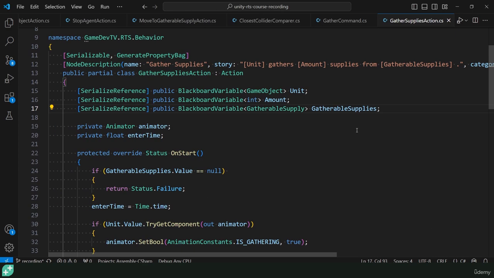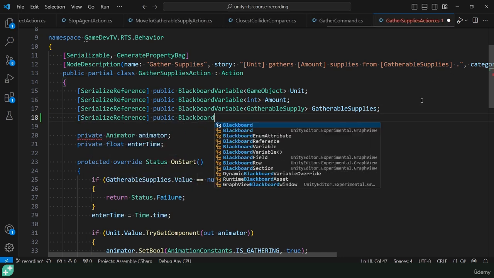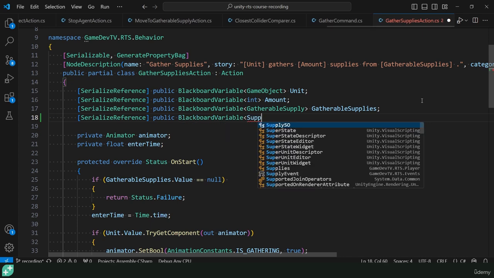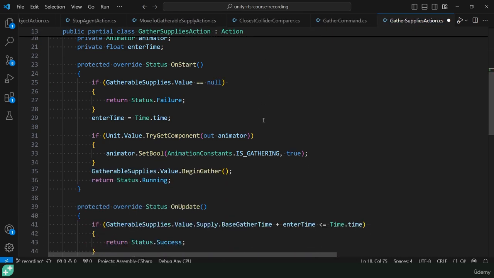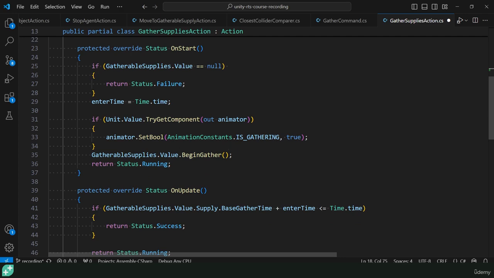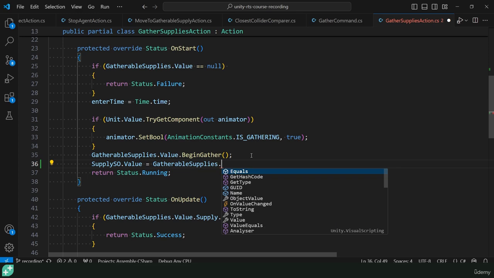So let's hop into VS Code. And how do you think we should post that value to the blackboard? We probably don't want this to show up on the story because that becomes a little bit verbose. So we should add a serialized reference, public blackboard variable of type supply SO called supply SO. And on start, when we're going to gather, we can grab that supply SO and assign it from our gatherable supplies with supply SO.value equals gatherable